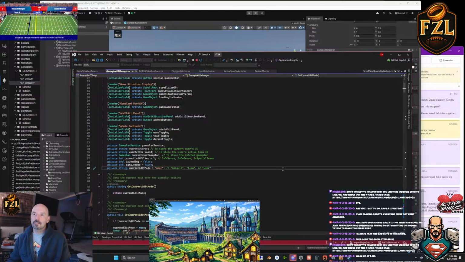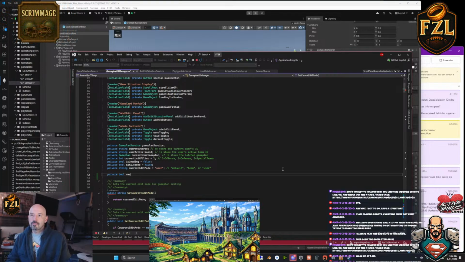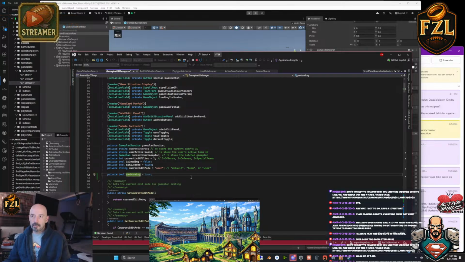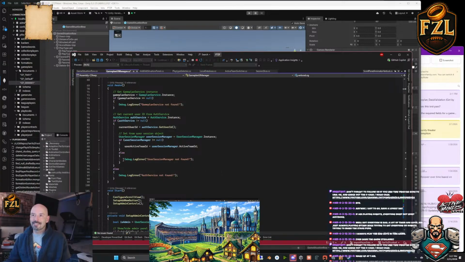A lot of times what I'll do, I'll go private bool verbose logging is true, and then I can just turn this off. I'll just say verbose log. Okay, so that's good enough. And then I'll just do something like that, and then, oh wait, that's not gonna work. Oh no, wait, that's good. Never mind. So we're gonna go there, and then everywhere that the log crap is, I could do something like